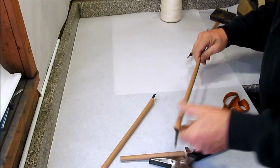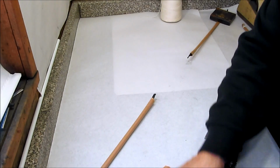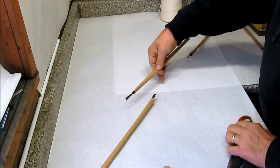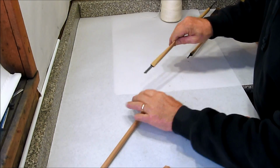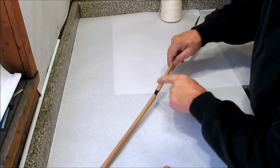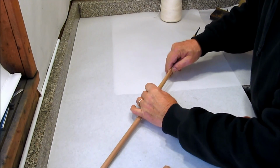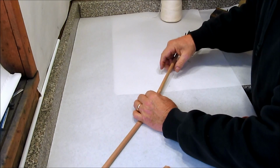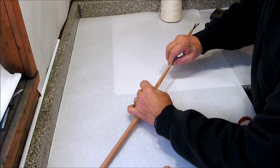So I've got about an inch and a half sticking out there. I'm going to cut this so about an inch and a half sticks out here. Now, while pinching the pipe closed on this scab piece that I'm putting in, I insert the longer black match ends into this pipe and slide that down. And then when I get to the shorter length sticking out of this one, I'm sliding that down. So the black match from each pipe is going into the other pipe. And then I'm folding this and crimping it around to make it a smaller diameter. But I'm not holding it here when I slide it into the other pipe. I'm still holding it up here so the black match in this pipe doesn't slide. And I work that into the other pipe